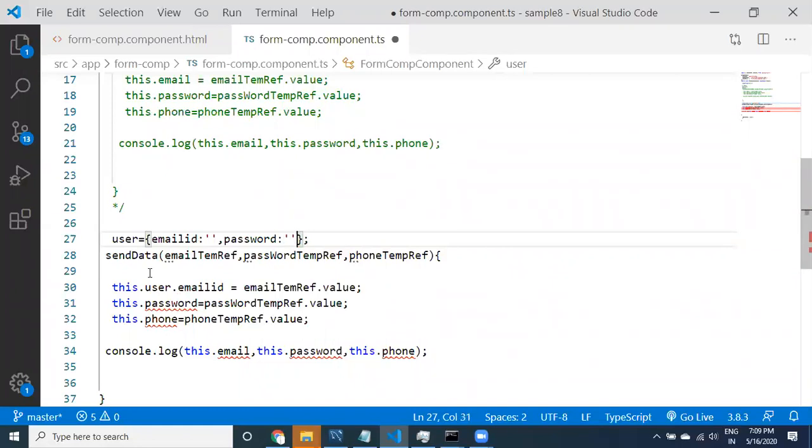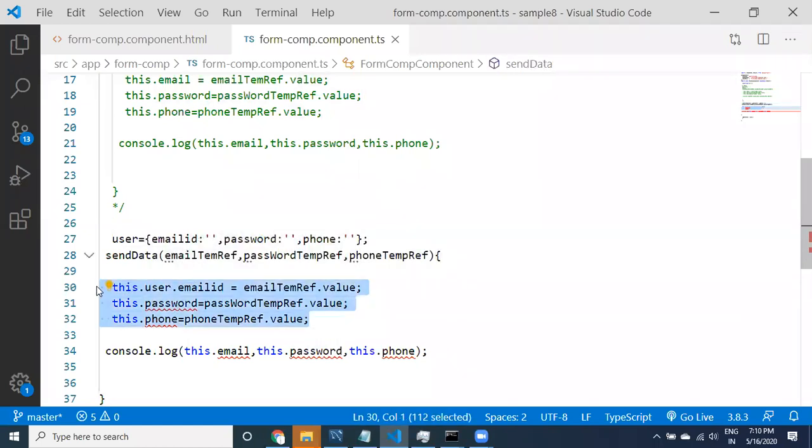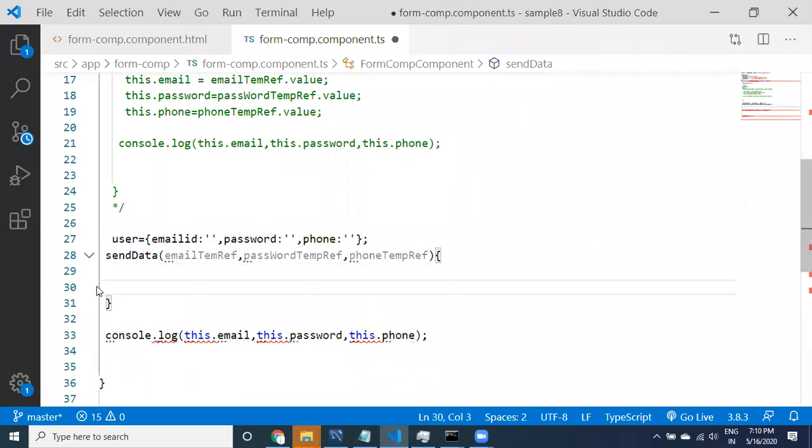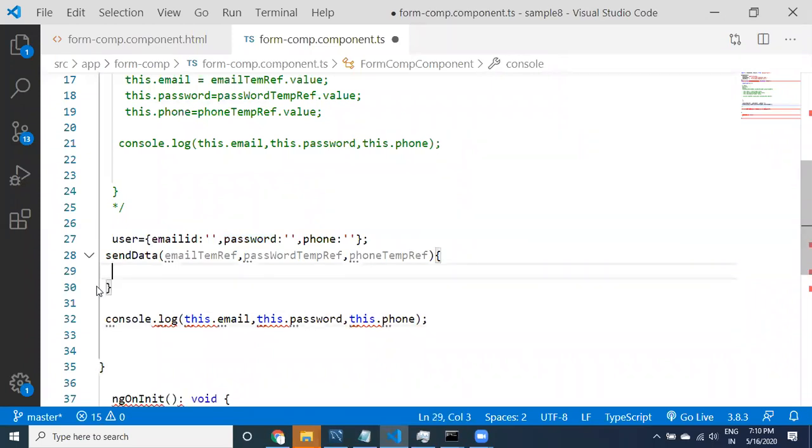Everything is blank data, and phone. See here, guys, this is the blank data I have assigned. These are the keys and these are the values. Keys and values I have provided. Now I want to take this data. Let me do it separately. Okay, this is okay.